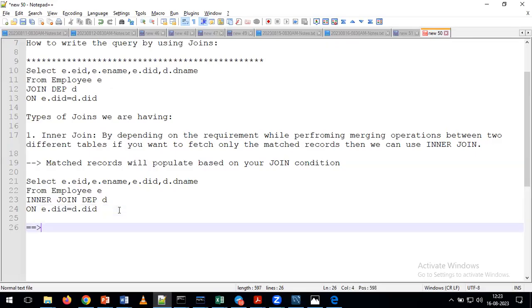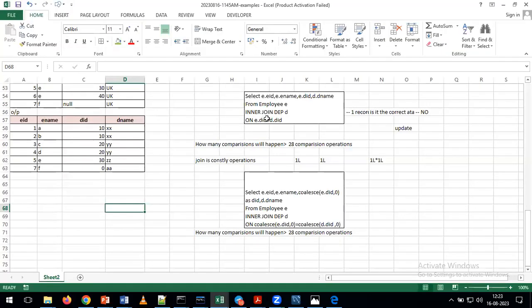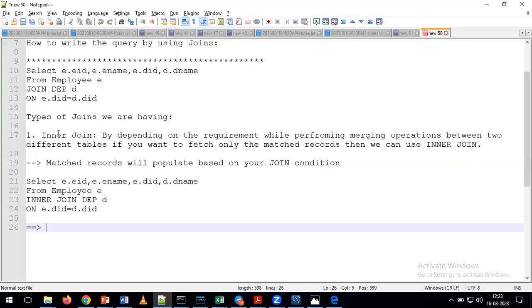As part of doing merging operation in the horizontal direction, if you want to get only the matched records as per the join condition, then what we can do is simply go for the inner join. Okay. Now in the same way, we'll try to understand